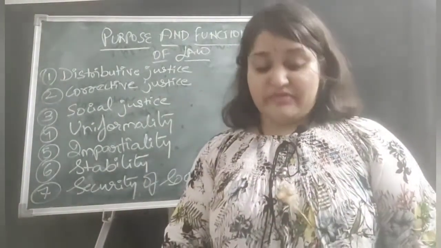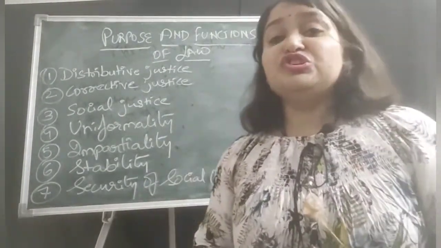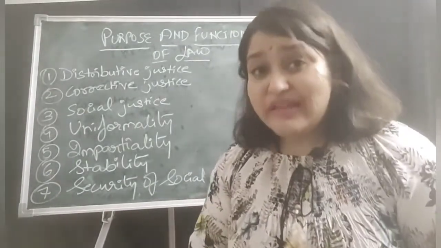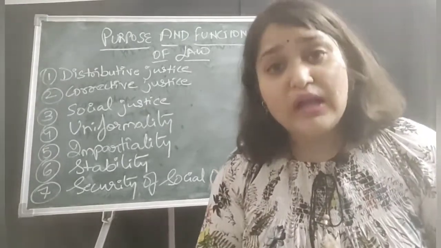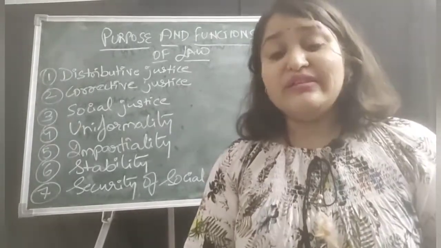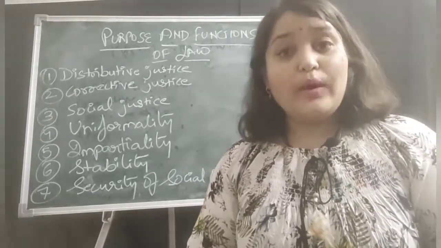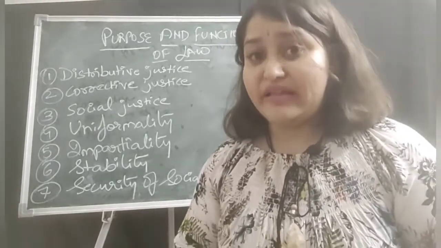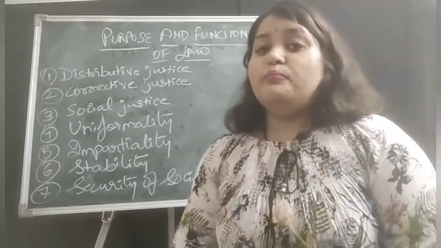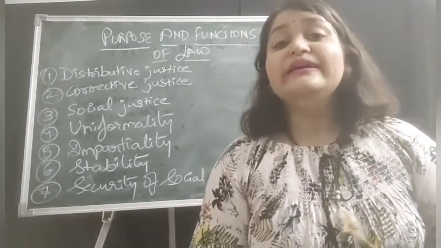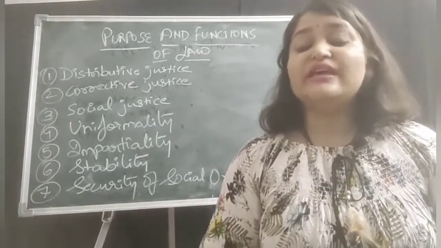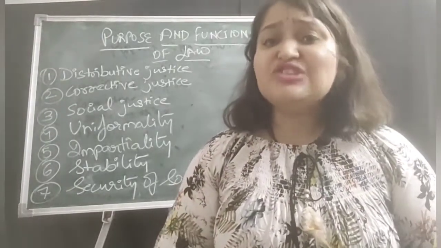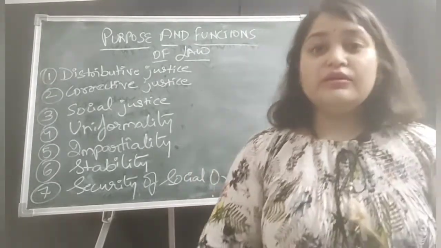So what is distributive justice? Distributive justice ensures equal distribution of justice to all. Justice has been given to all. You know that law considers everyone equal, okay? No one is above the law. It considers everyone equal. Everyone is equal in the eyes of law. So, justice has to be done equally with all persons. Everybody has the right to get justice in each and every sphere of their life, okay?